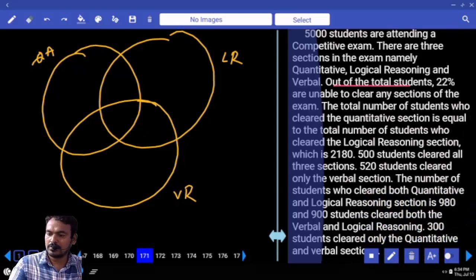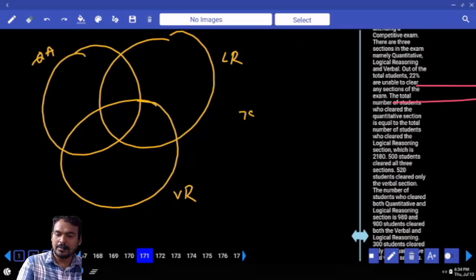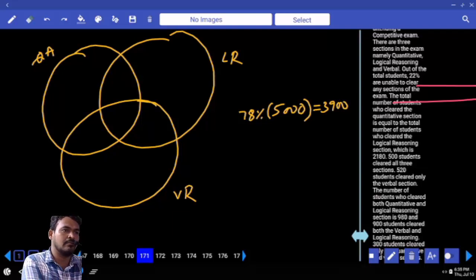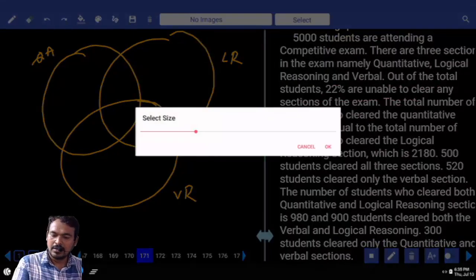Out of the total students, 22% are unable to clear any sections. Means 22% are not clear, means clear value is 78%. 78% of which one? 5,000. What is the 78% of 5,000? 3,900. Means all these values are adding, it will become how much? 3,900. What is the first line given? The total number